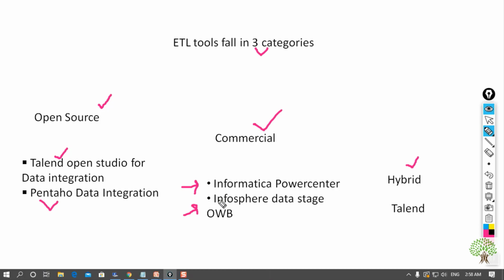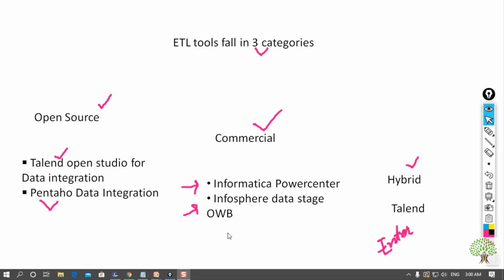Here, we have Informatica, Oracle Warehouse Builder, and InfoSphere. Hybrid tools are those which come partly free and partly paid. A portion of Talend is free, but if you go for the enterprise edition of Talend, you need to pay for it. As it is not completely free, it is called hybrid.